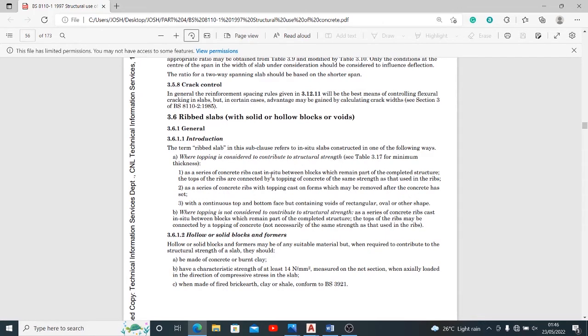Because you might not be able to get it clear at first, seeing that you have with solid or hollow or void, right? So we have with permanent blocks. The permanent blocks could be solid and could be hollow. Then the other one is without permanent blocks, which means that the spaces between ribs are voids, right? Okay, so we can move on, and I'd like to show us some basic considerations that you should not forget if you want to attempt to use a ribbed slab,